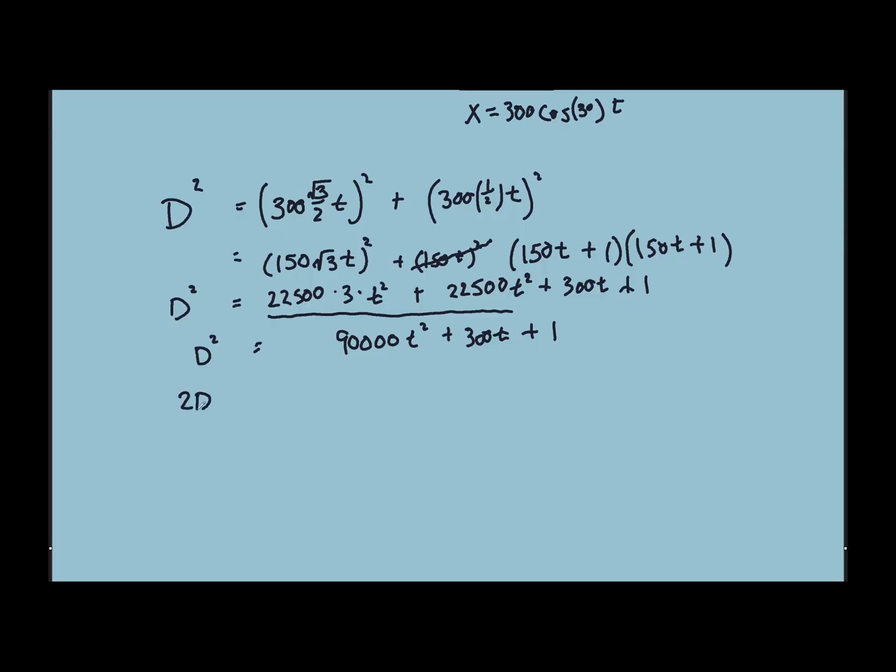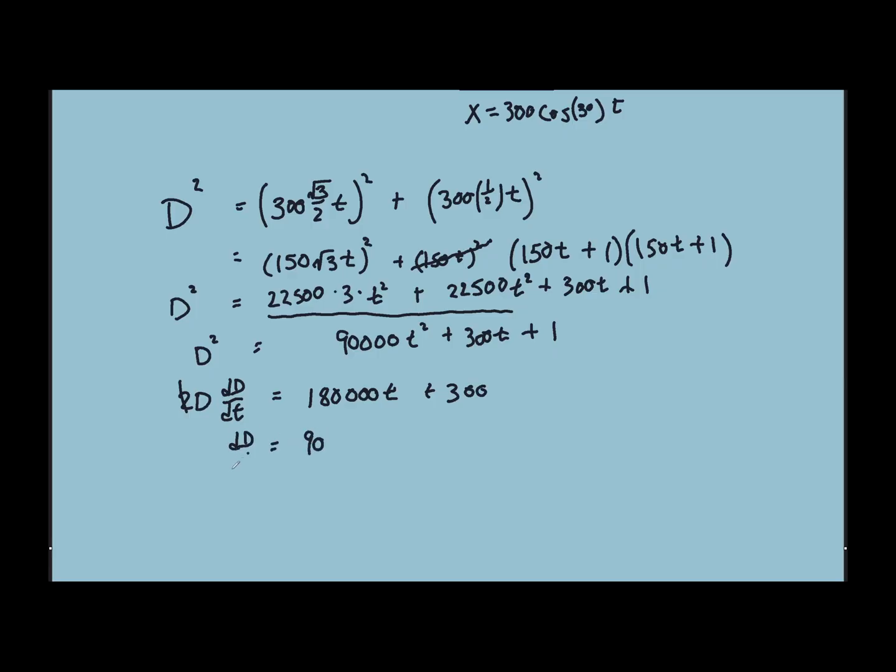So we could say 2d dd dt, and I believe this is what we're looking for, how fast the hypotenuse is expanding, equals, remember this is a chain rule, right? It's not just the power rule because it's a function on the inside here, not just a value or variable that you're taking the derivative of. We're taking the derivative with time. So chain rule, 180,000 t. This feels like a lot, but I won't second guess it yet. Plus 300. Then we can divide by 2. So we should get